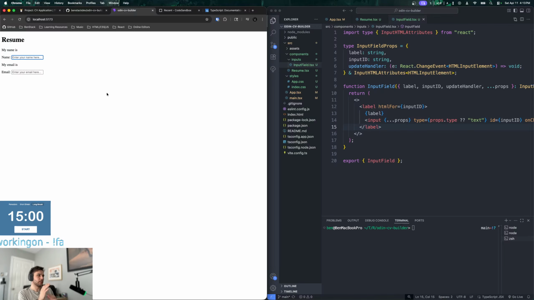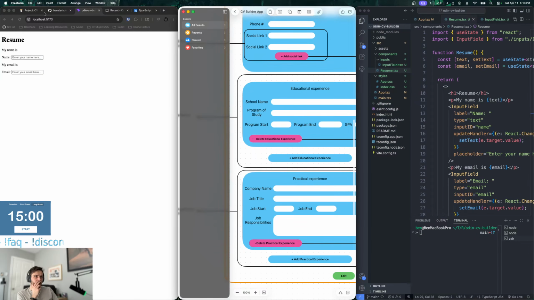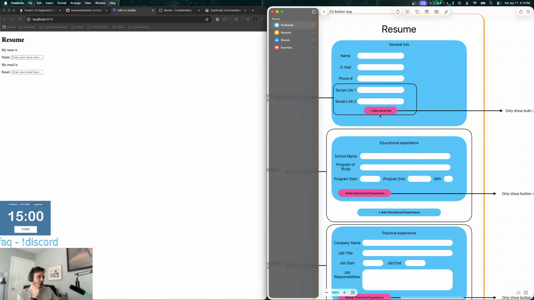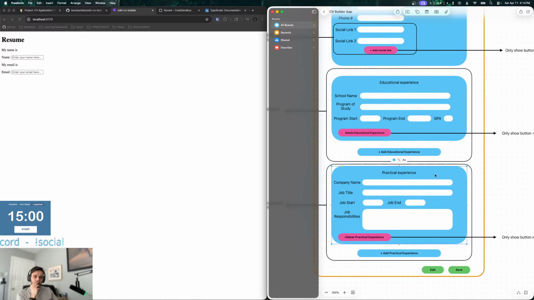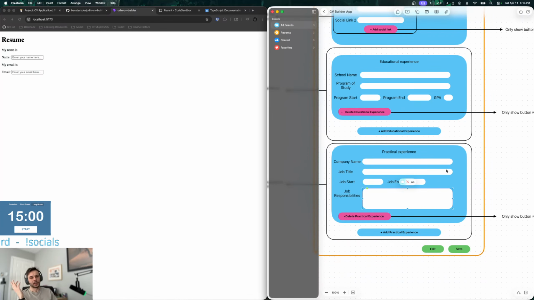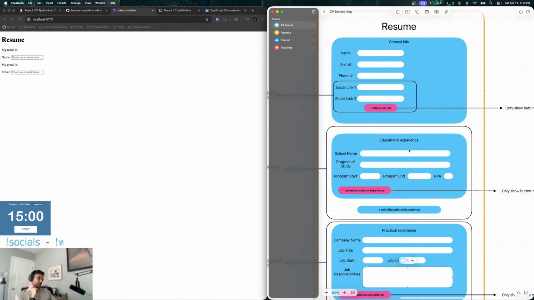And then, what are the other things we need to implement, right? We have our input field. And the only thing that's different is the text area, right? If we go back to our CV guy, these can all be inputs, and then this is a text area. Sorry, text area, not text field. You know what I mean? Yes. And that we will do next time.